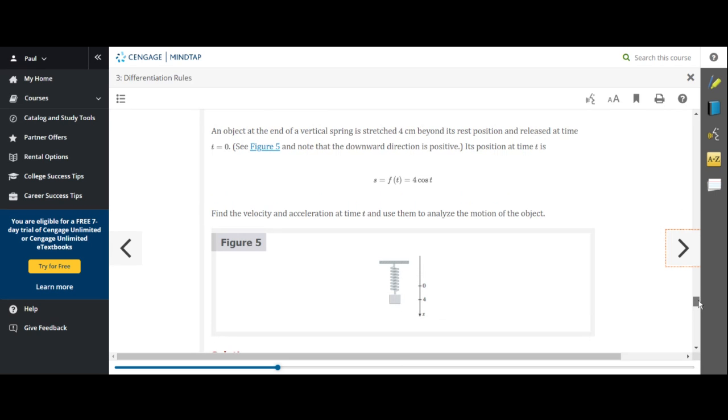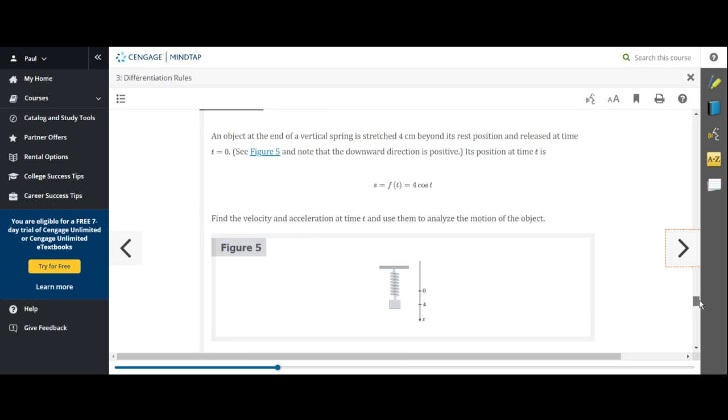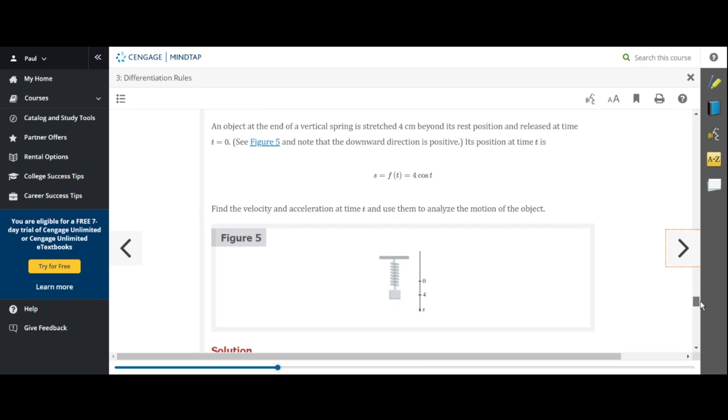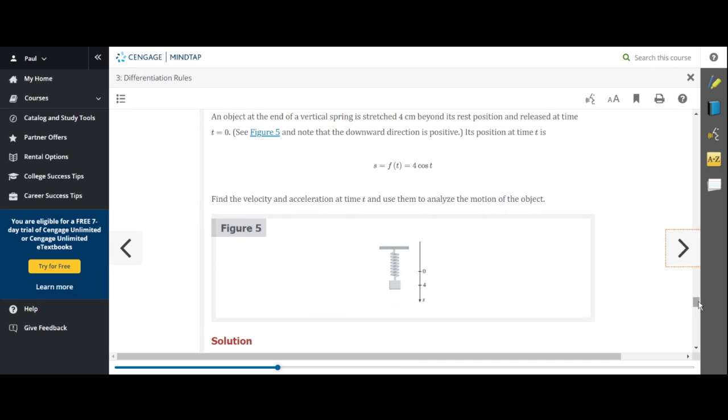So they want you to find the velocity and acceleration and use them to analyze the motion of the object. Well, what's velocity relative to position? How do you find velocity based off of position s? What do you have to do to the position function? That's right, you have to take its derivative. And if you want to get acceleration, how do you find acceleration? Acceleration is the derivative of velocity, or, very good everybody,